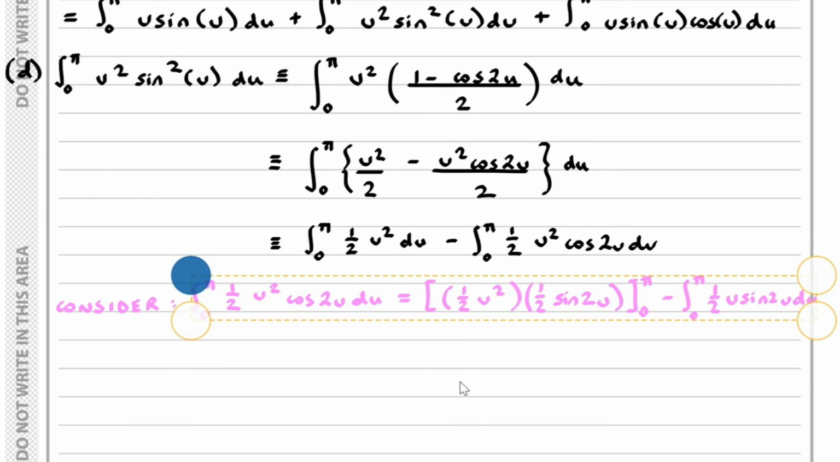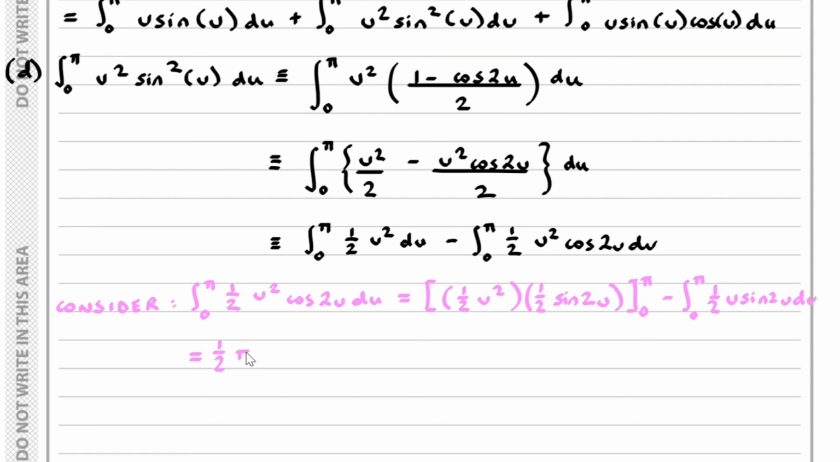So this is what I need to work out. And if I work this out, well, here, if I substitute in my upper and lower limits, recognizing that I've got sine of 2 pi, well, I'll write it out in full. We've got 1/2 pi squared multiplied by 1/2 sine of 2 pi, and then my lower limit will be 0 because I've got 0 squared, which is just 0. And then